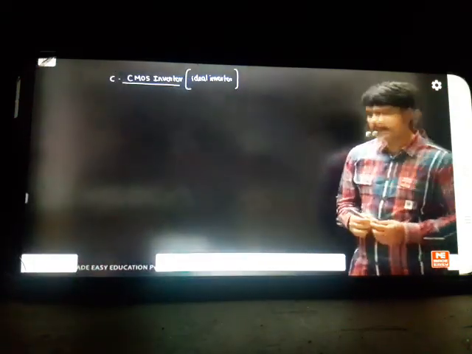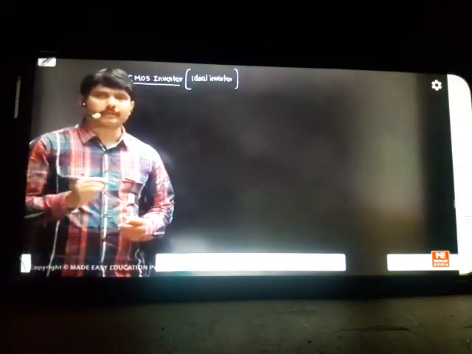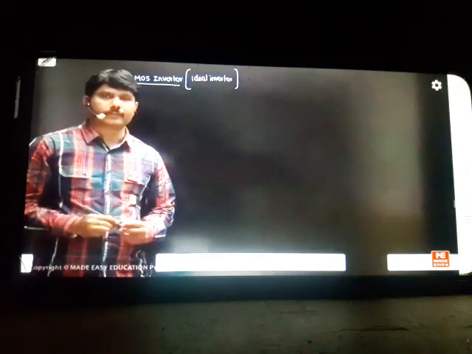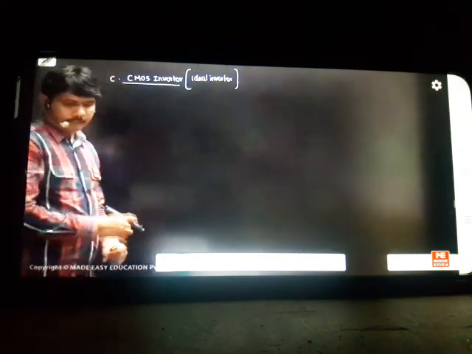Today I'll demonstrate how it became an ideal one. This is the last topic. Whatever graph I teach today is important for solving the questions. Keep the transfer characteristics in mind: from where to where each MOSFET is moving, and in which region each MOSFET is at what place. Then these problems are easier. So try to understand the trick.